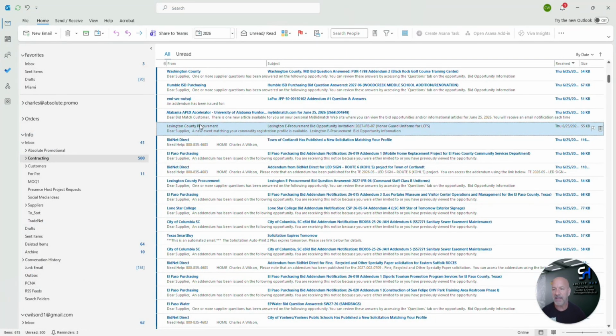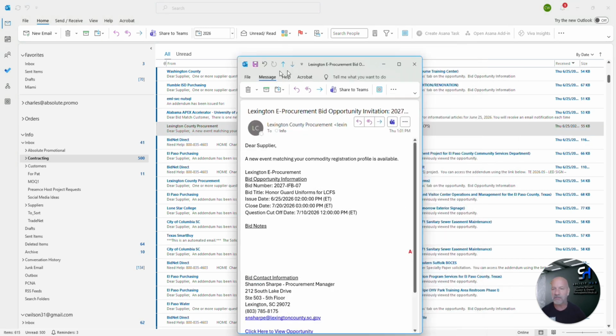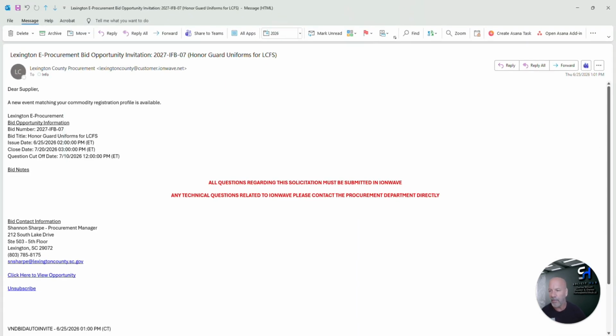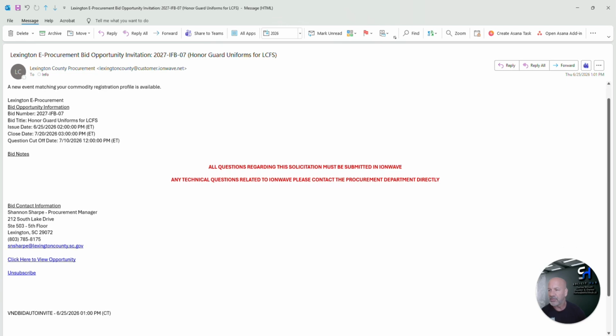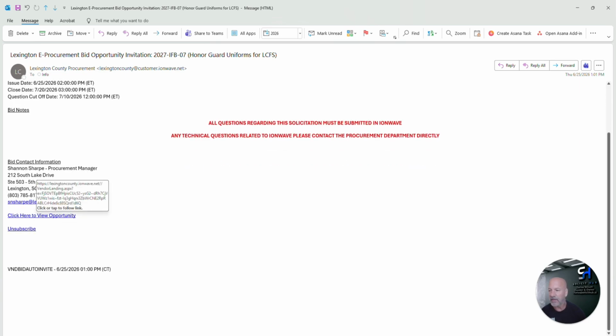So this is Lexington County procurement. I've already gone through this. So you open it up, you're like, okay, we do uniforms. We probably wouldn't bid on this because we don't do honor guard uniforms, but just for the sake of this, this is Lexington honor guard uniforms. Issue date 6/25, close date 7/20. We still have time. Come down here, click on view opportunity,